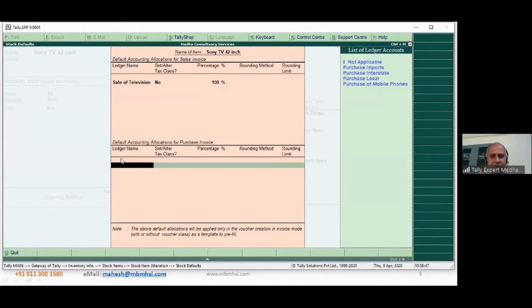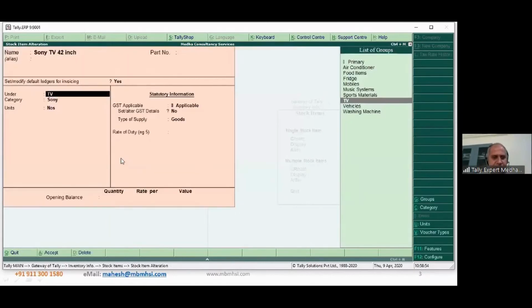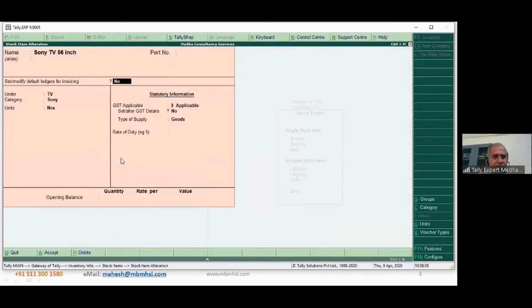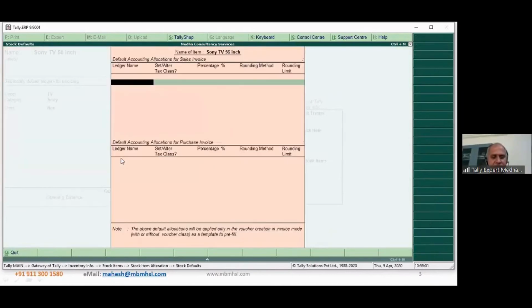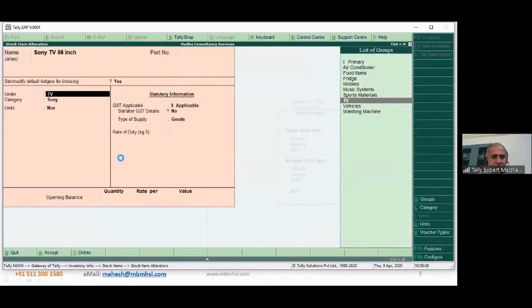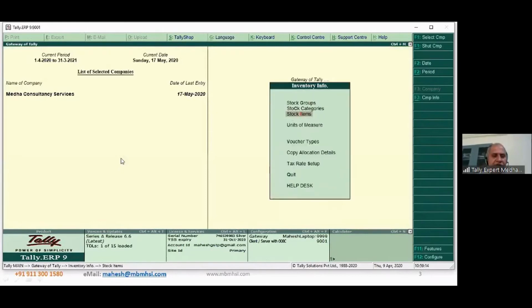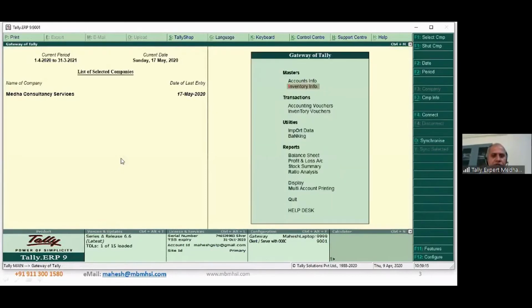And here you could create one more, purchase of television, or you could say local purchase, whatever it is. Default allocation. Okay, so Sony TV example 56-inch. I'm saying sale of television. And purchase allocation. So like this, you could go on identifying for each of the items to which sales ledger and purchase ledger it has to go.